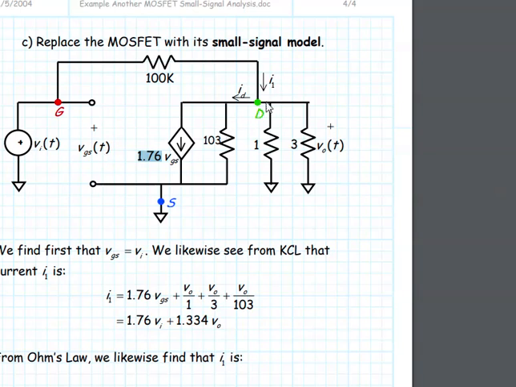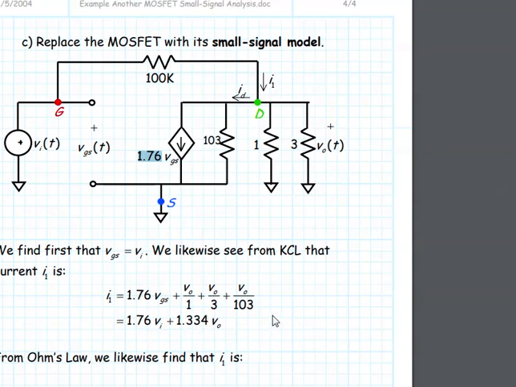This branch is going to be V in, V out. Look, imagine here at the drain we have the V out, here we have the V in. So this branch is going to be V out over 103. This one is going to be V out over 1. This one is going to be V out over 3. That's why I1 equals 1.76 VGS plus V out over 1 plus V out over 3 plus V out over 103. So it will be 1.76 V in, because VGS and V in are equal, plus